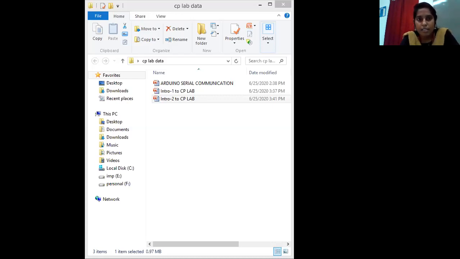So this is the verify button. This button is used to save. This is used for new document, new window, and this is the serial monitor. In this serial monitor we are going to see the output or give some inputs. The tick mark is used for verifying, nothing but error checking, and the arrow is used to upload, and there is also a button to save the program.